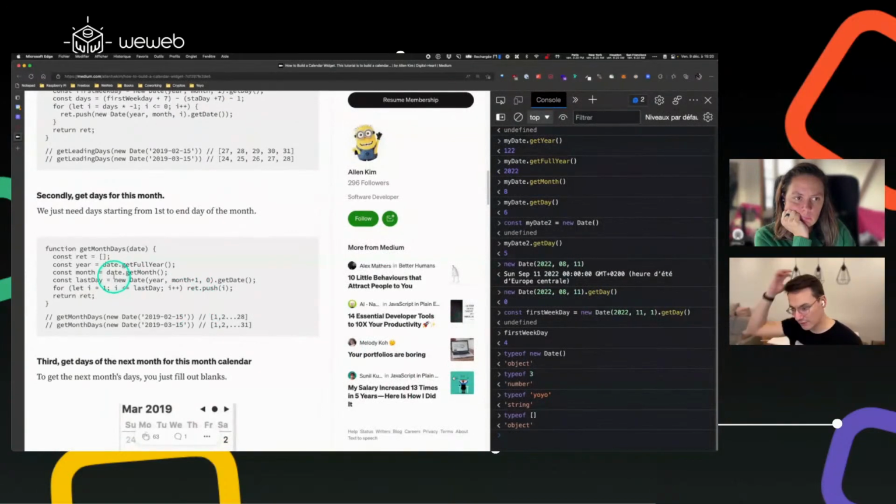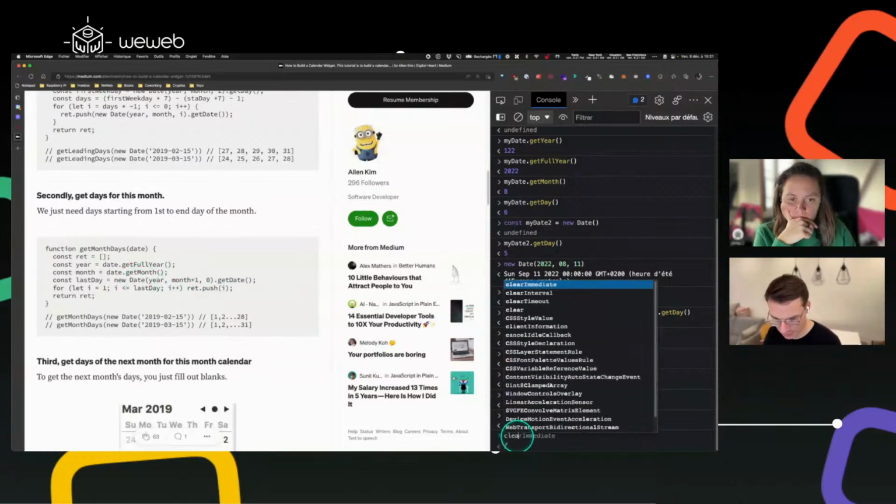Then getting the days for the month. Pretty easy too, it's creating an empty array that will contain all the days, given the current date. And what it does is that it's getting the full year, the full month. And then it's asking for the last day of the current month. So I will show it to you because